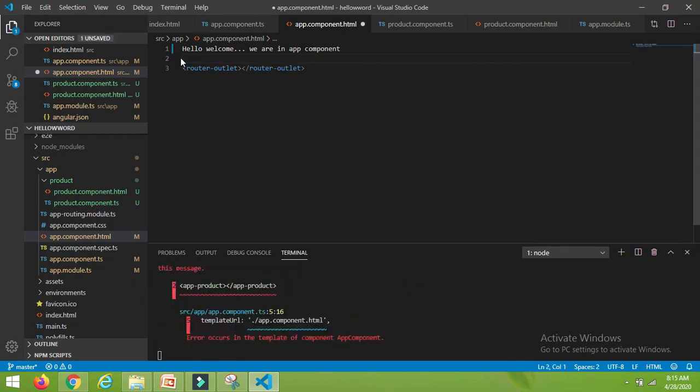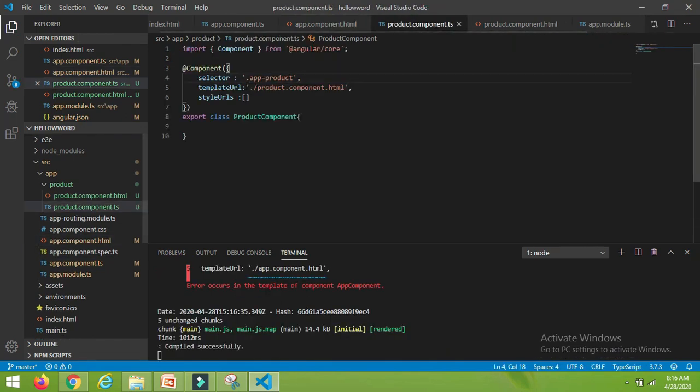So to inject this component in another component using a class, let's create a div and assign the class equal to app-product, the name of the selector, because we have declared the selector as a class, right?